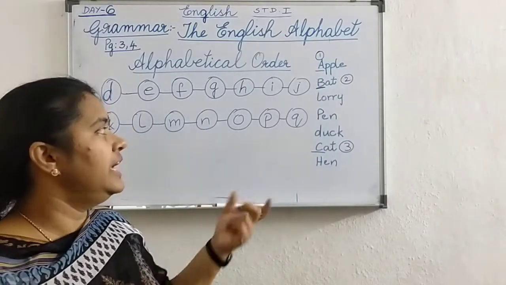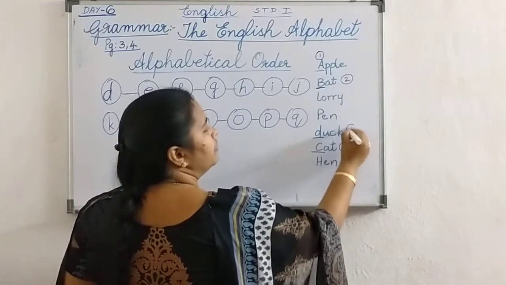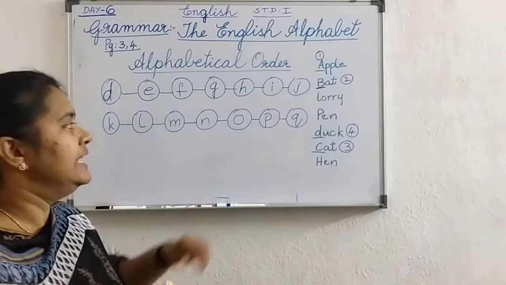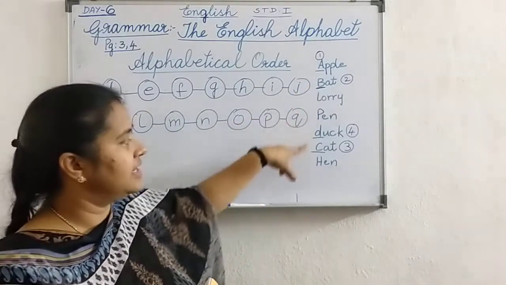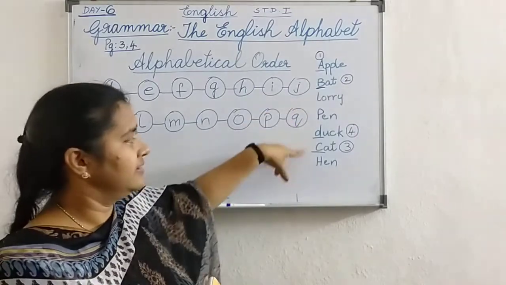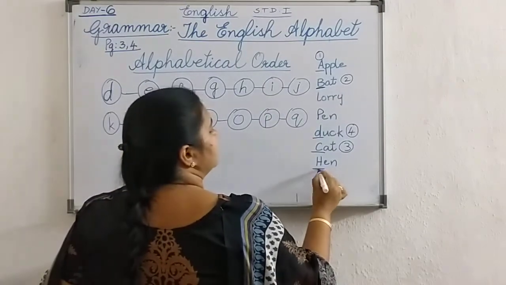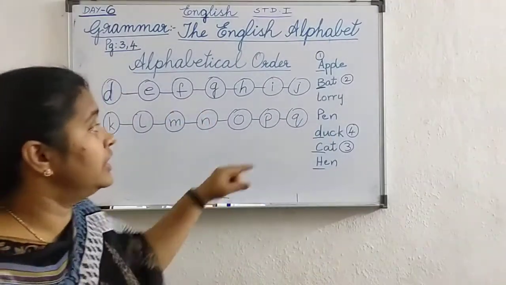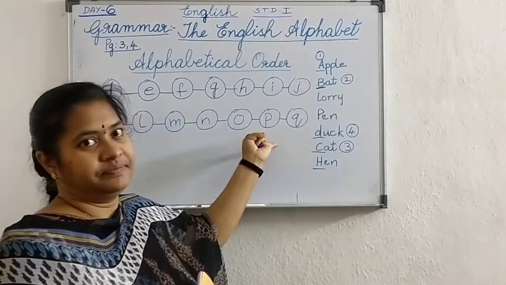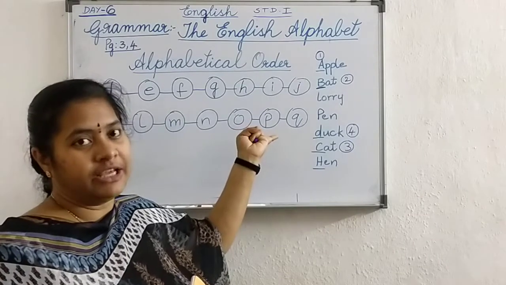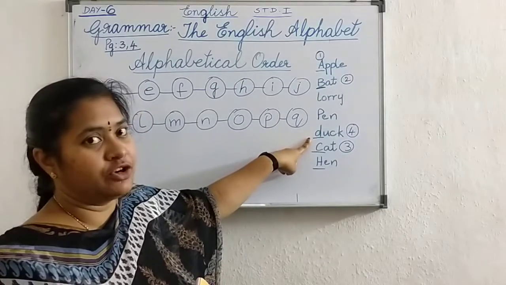C after D. Where is the D? Here. So, what number do I have to give? 4. Yes. D after E, F. F is here. G, H, here. So, what number do I have to give now? Here, D after F. 5 is not there. Like that we have to think. So here F is not there.